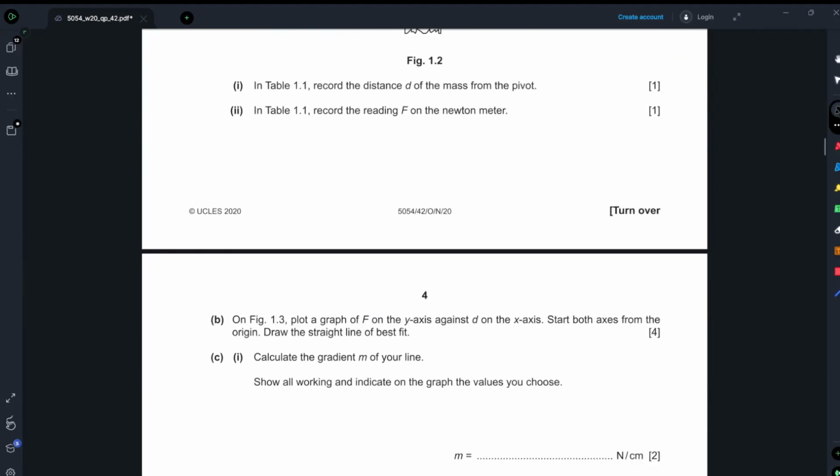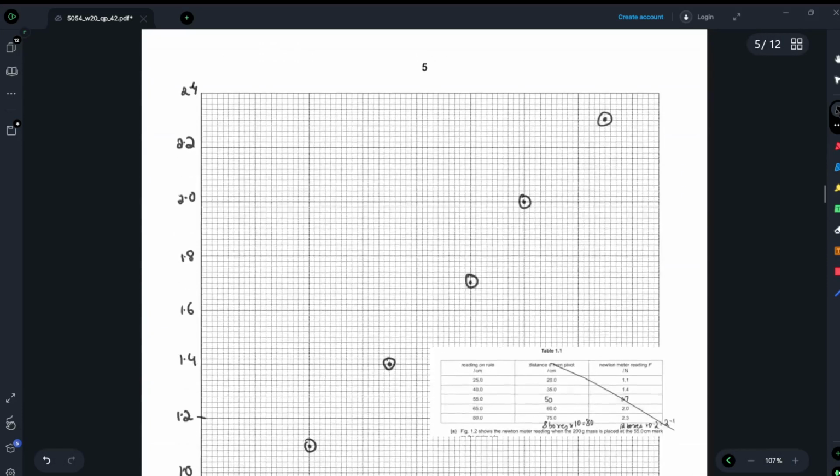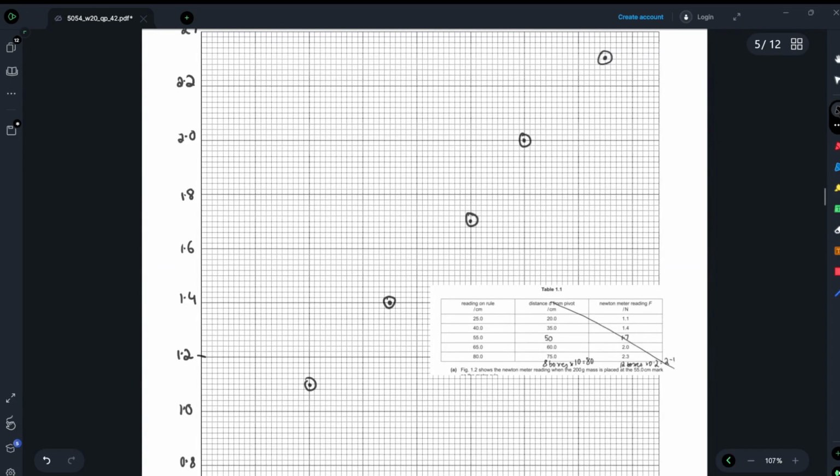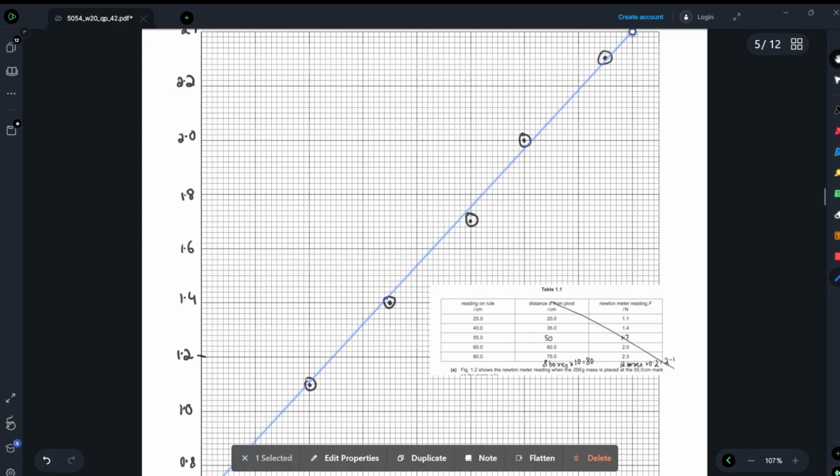Now essentially what we need to do is, like the question says, okay, we need to draw a line of best fit. The line of best fit जो है वो हम बना लेते हैं. Again, I'm going to use my handy line tool to do that. Start off, I'm not exactly sure कि मैं कैसे बनाऊंगा इसको or how I'm going to start this off, but of course I'm gonna have to